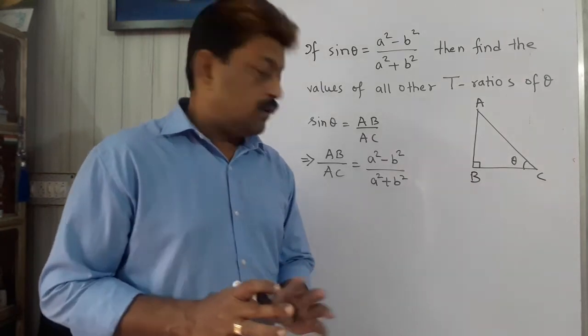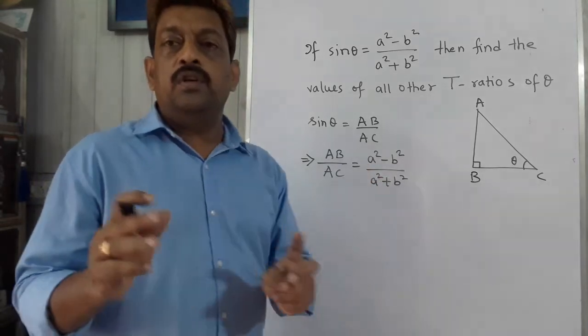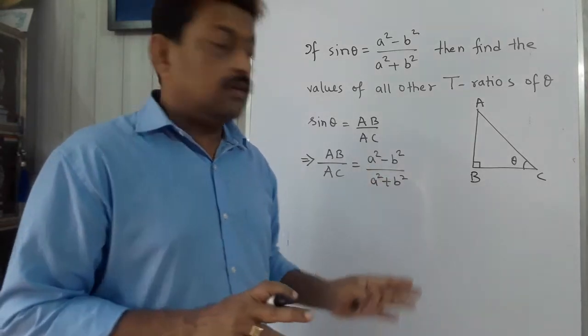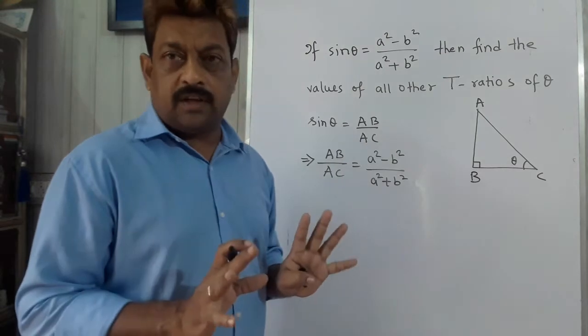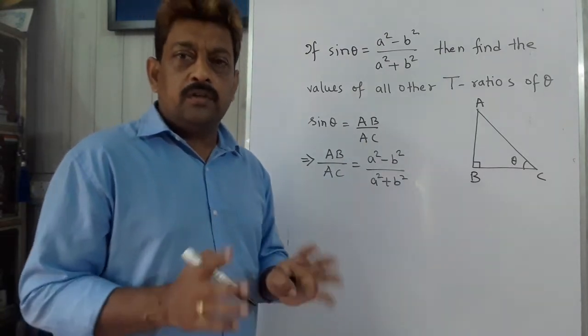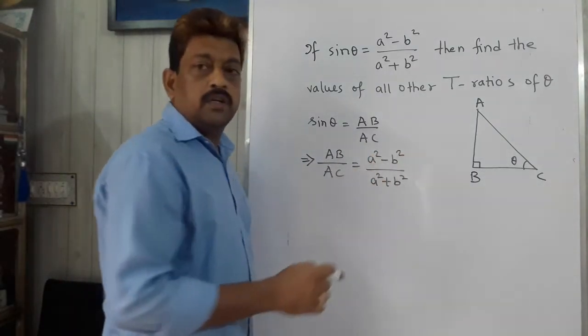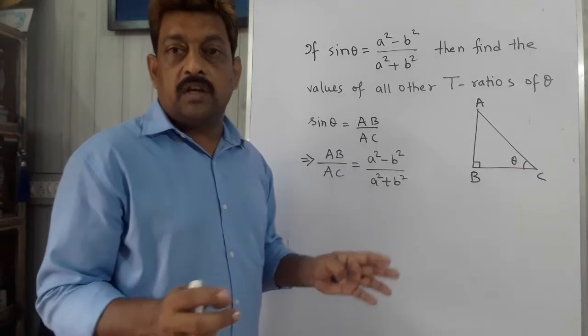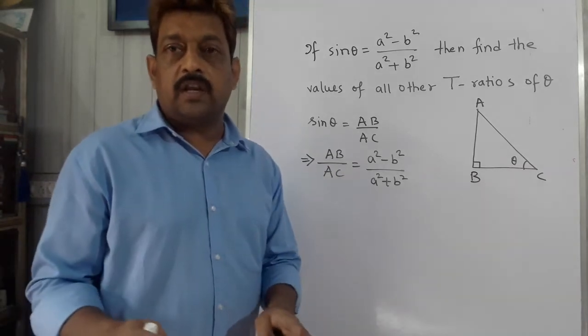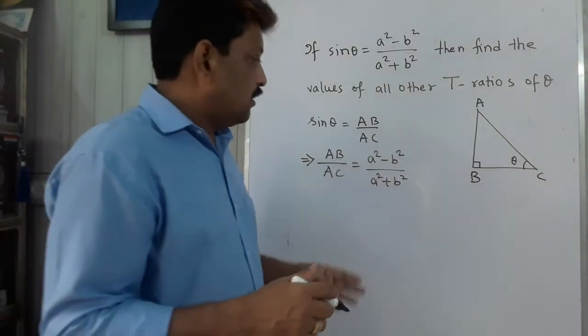Since here there is no constant value given, there is no need of multiplying the side with any constant. a and b are unknown quantities, so it is not needed to multiply the numerator with a constant and the denominator with the same constant, as we have done in the sums previously,